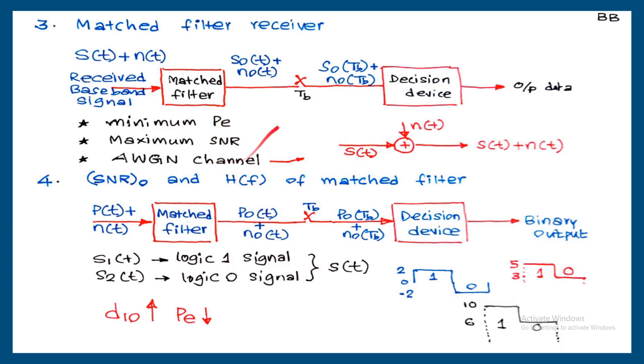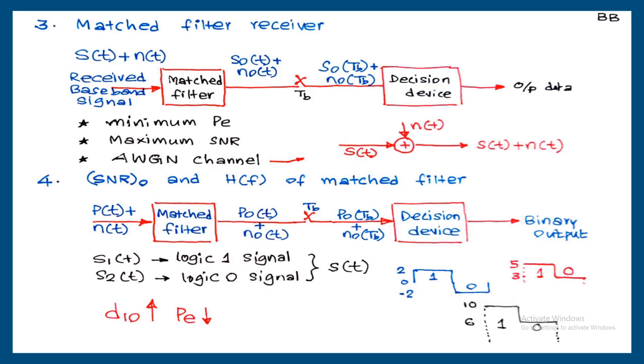But the major difference is that the communication channel between source and destination is considered as an additive white Gaussian noise channel, AWGN channel. This is a representation of the additive white Gaussian noise channel. Input signal S of t, noise N of t. This is Gaussian noise. It's an additive noise, that is a plus sign. So the receiver input is always S of t plus N of t. So if you are considering our noise is white noise, we don't say it is an optimum filter, it is always a matched filter.